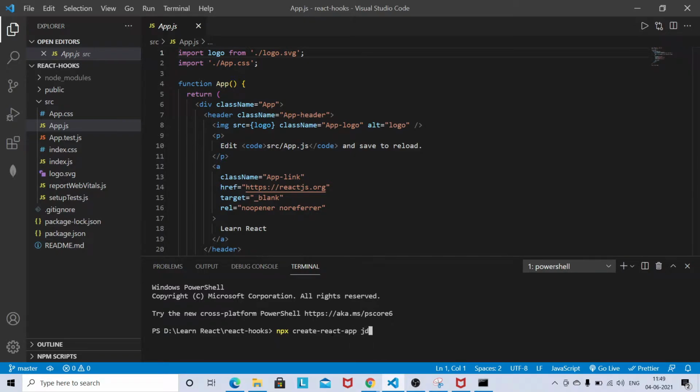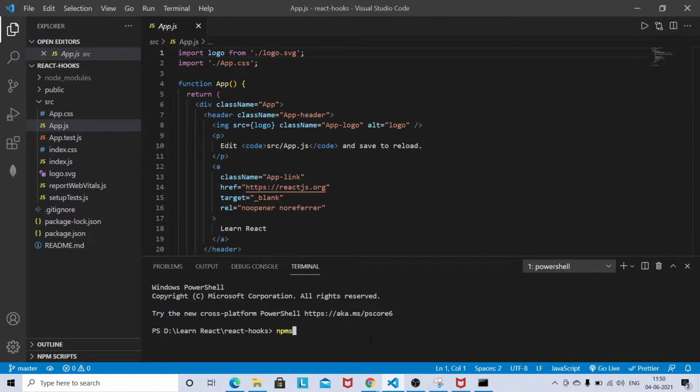This will install your project with dependencies, and it will take around 5 to 10 minutes to install all the dependencies. Once the package is installed and the project is created, you do a cd into whatever project name you have given, and then run npm start.